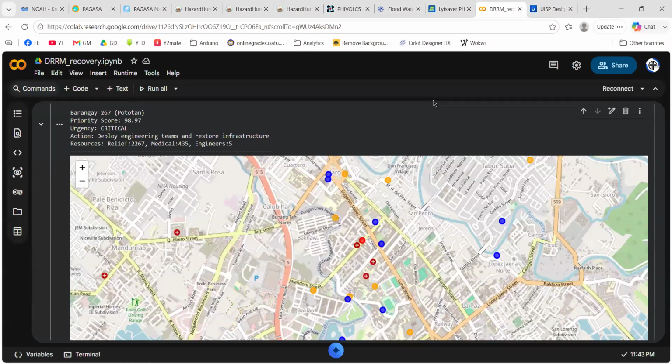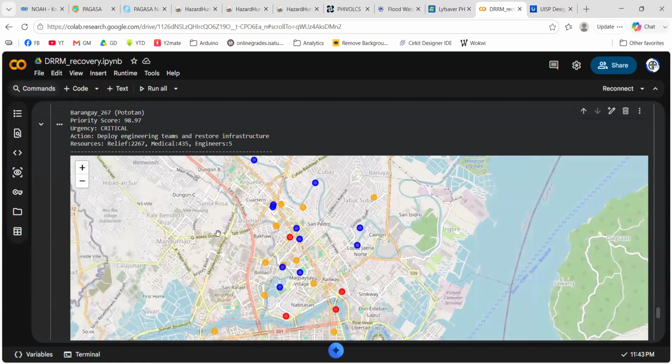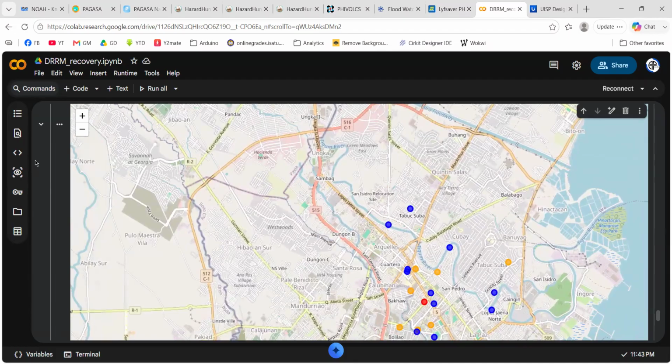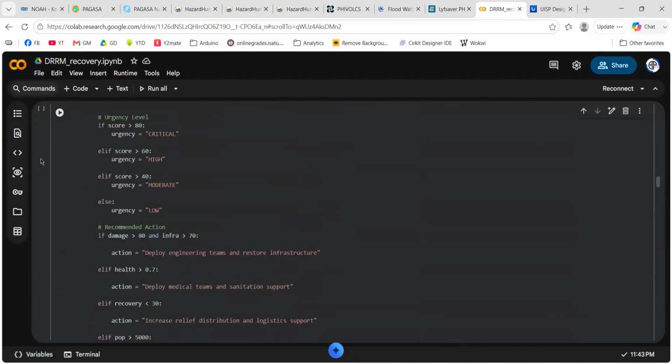All right, for the second half of our demo, we are again featuring Colab. Okay, so in the previous sessions, we featured Colab as something that visualizes data in the form of bar charts, line charts, especially control charts. But this time, we can actually incorporate GIS technology to have a better view of the recent disaster recovery and rehabilitation concerns in your chosen area.